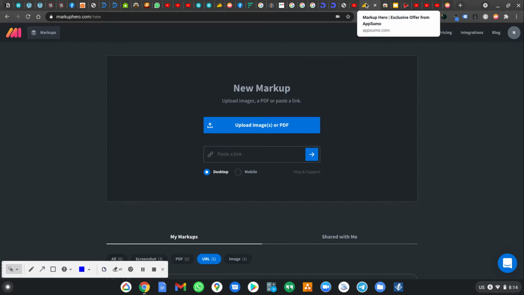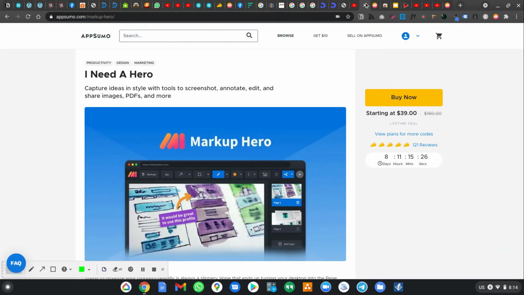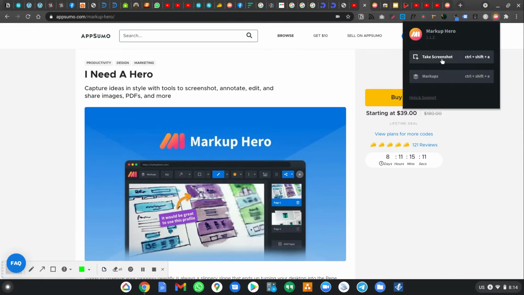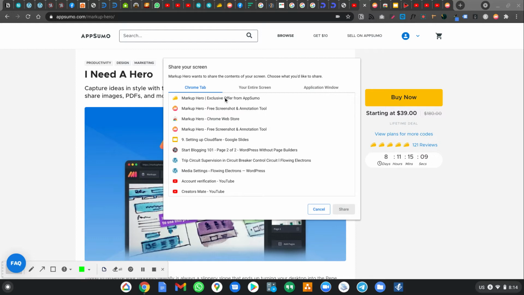As you install the Chrome extension, you can now take screenshots with it. Say you want to take a screenshot of this deal page from AppSumo: you click on the screenshot icon, then click on take screenshot, select the tab and click on share.